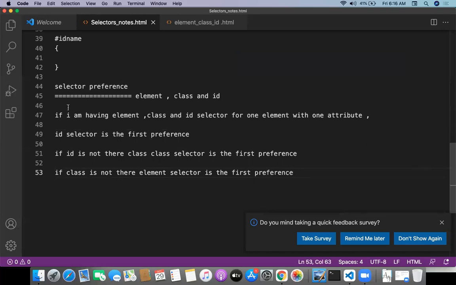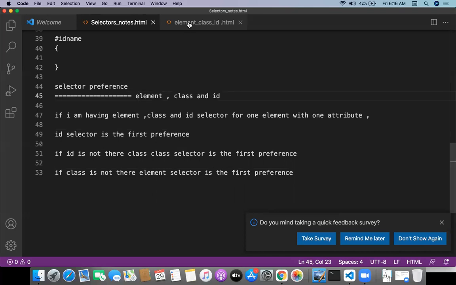So try to understand these 3 points are very, very important. If I am writing 3 selectors for that particular element, I'm writing element selector, class selector, and ID selector, which is the first preference to the browser? The browser understands ID selector first. If ID is not there, then it will go for the class. If class is also not there, it will go for the element level.